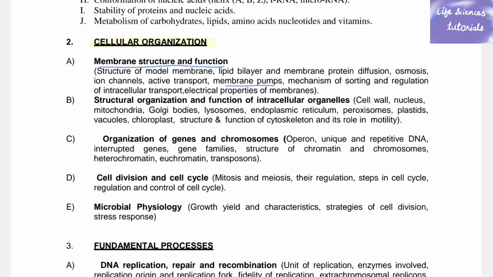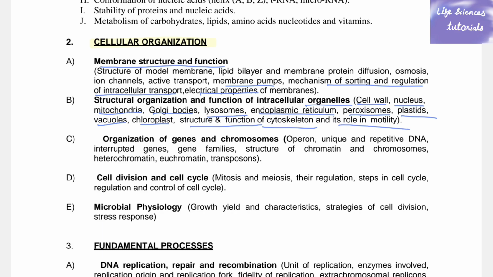Then the transport, here the different types of transport. We have the membrane pumps, mechanisms of sorting, regulation of intracellular transport, electrical properties of the membranes. Then we have the organelles, very important, starting from all the different parts of cells. So cell wall, nucleus, mitochondria, Golgi bodies, lysosomes, endoplasmic reticulum, peroxisome, plastids, vacuoles, chloroplast, structure and function of cytoskeleton and